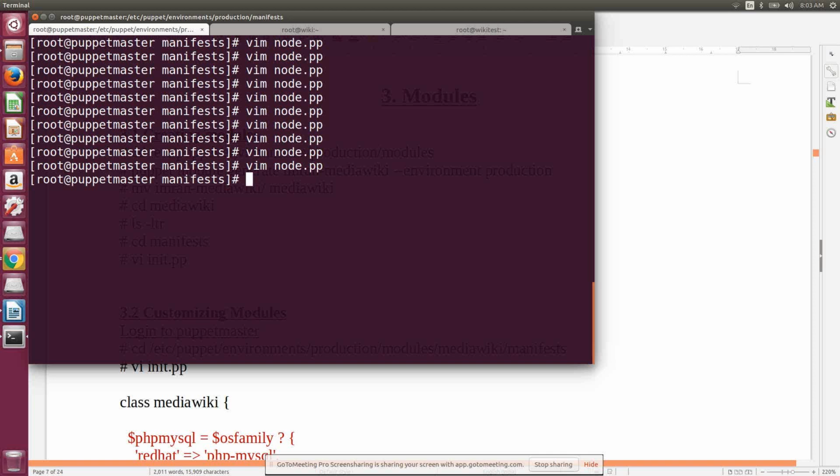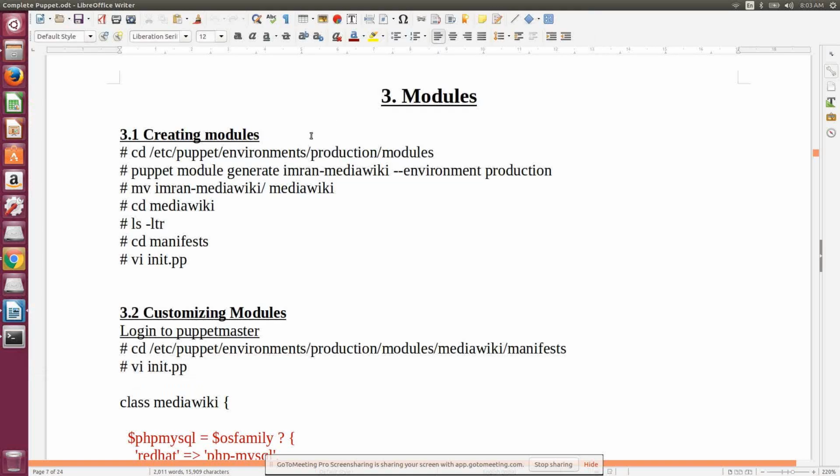Okay, but in Puppet, you should think about reusability. Using modules is better than writing static content in the classes. Okay, so